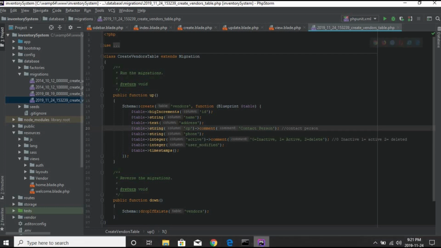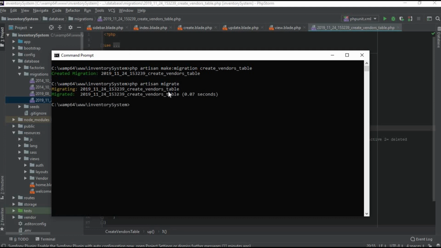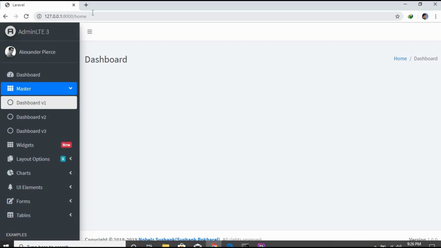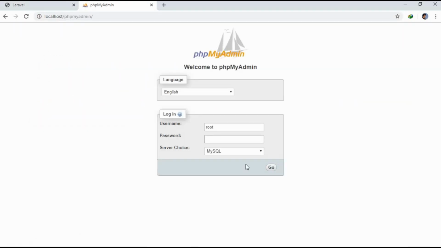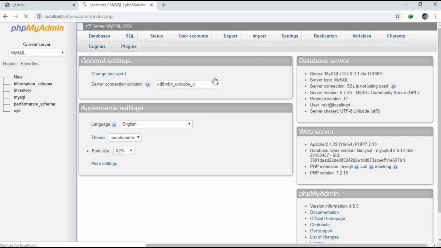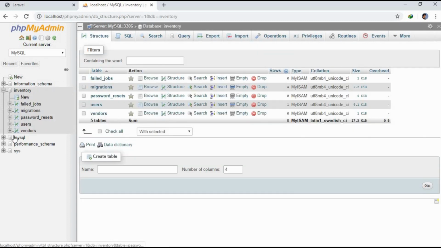So let's run its migration. php artisan migrate. Okay, the migration has run now. Okay, now that the vendor has been created, so let's go to our database and let's see it. So here let's type localhost phpmyadmin. Let's log in, and inside the database inventory, here you can see the table vendor has been created, and here